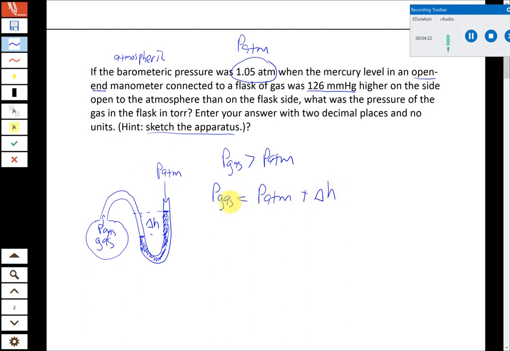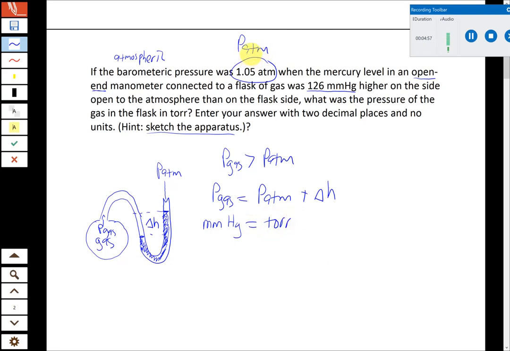Generally speaking, for an open-end manometer, the gas pressure is atmospheric pressure plus or minus delta H. Whether you use the plus or the minus depends on which one's higher. In this case, the gas pressure is higher, so we're going to add the difference to that. Now, the other thing that's important to recognize in these problems is that the two units, millimeters of mercury and torr, are equivalent to each other. So we don't have to do any numerical conversions to use those